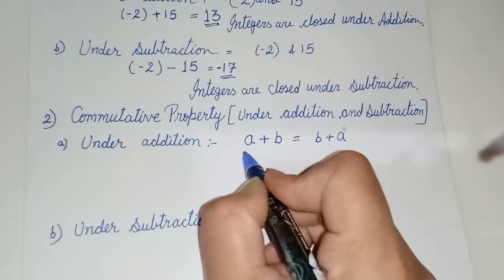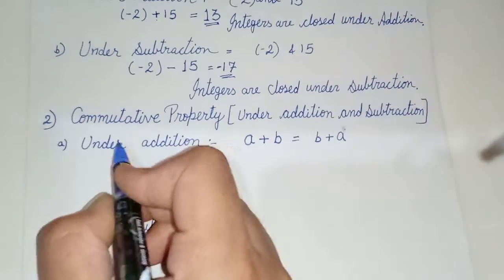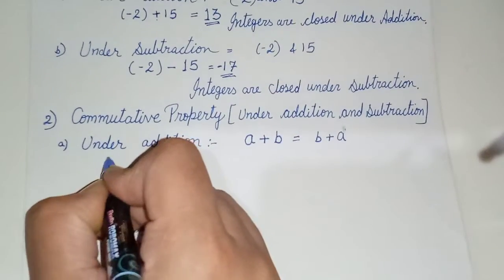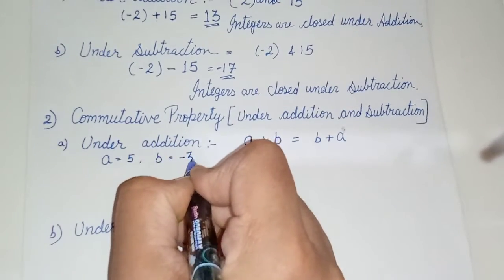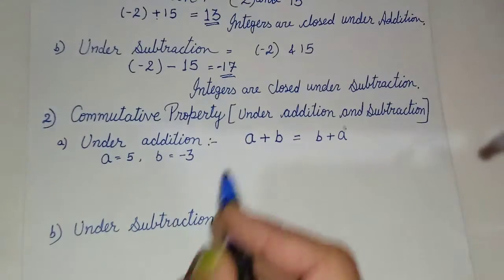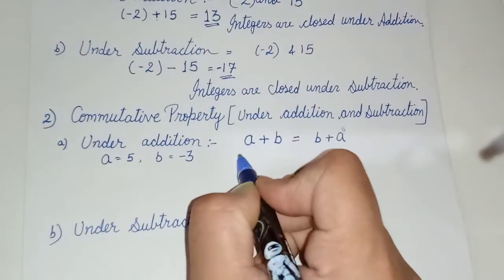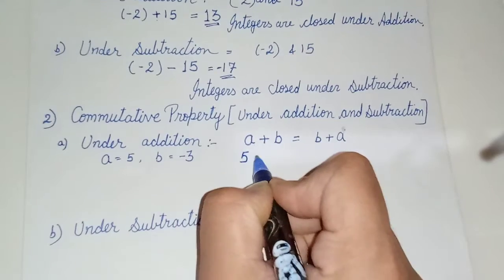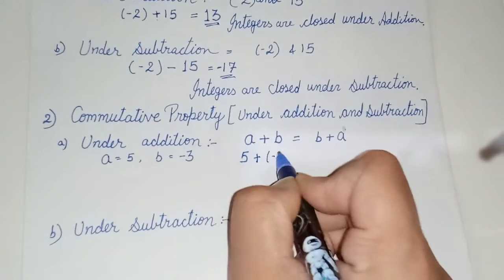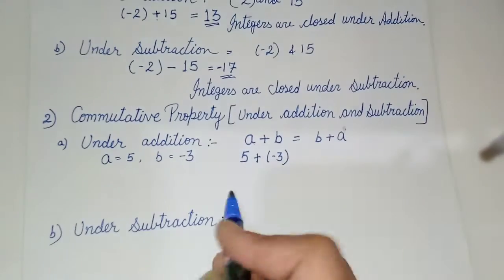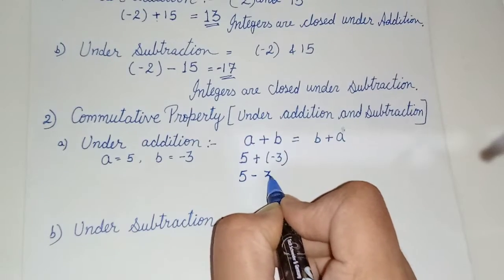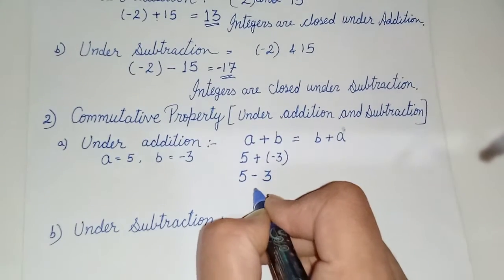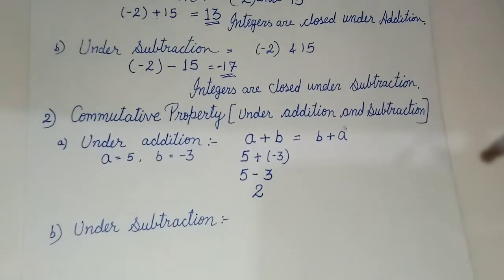Let us see here. Let us try to do this with the help of numbers. Here suppose A is 5 and B is -3. Two integers we have taken here. First I am going to do A plus B. So what would I get? A plus B, that is, when I open the bracket, I'll get 5 minus 3. So my answer is 2. I added both the integers and I got the answer as 2.